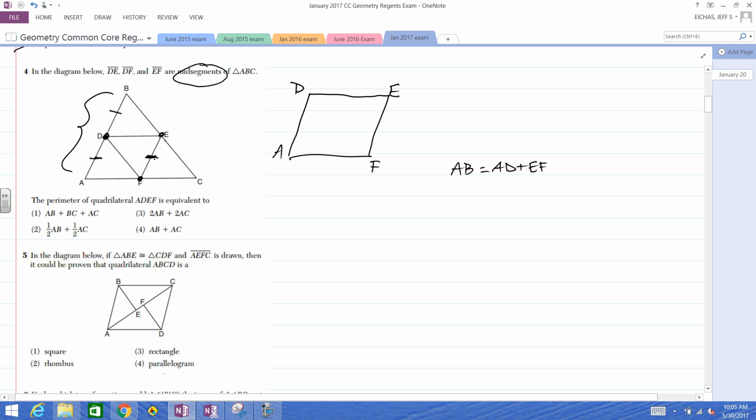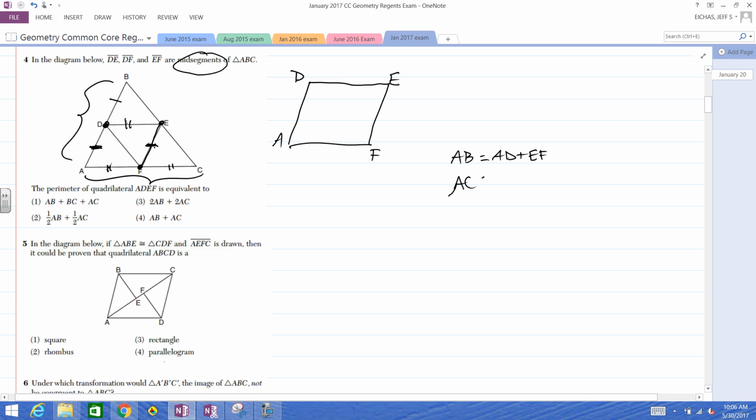So midsegments are half as big and parallel to the side. They don't touch. That's why EF is the same as half of AB. All right, same thing's going on over here. Look at AC. These two are the same as each other, and it's the same as that. So these two are going to add up to AC. So AC is going to be the same as